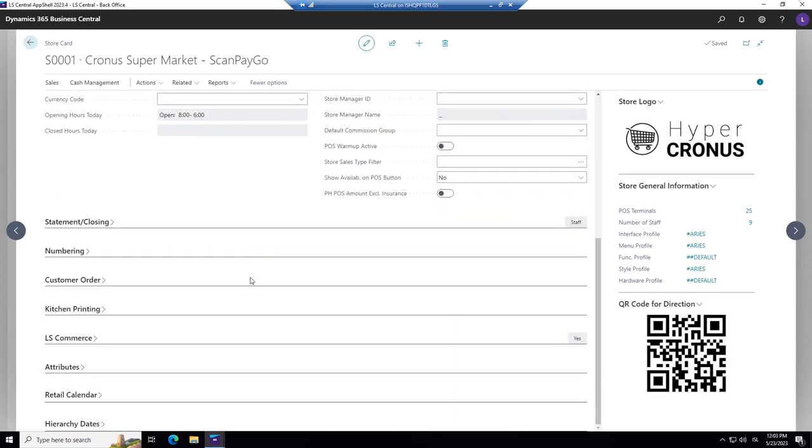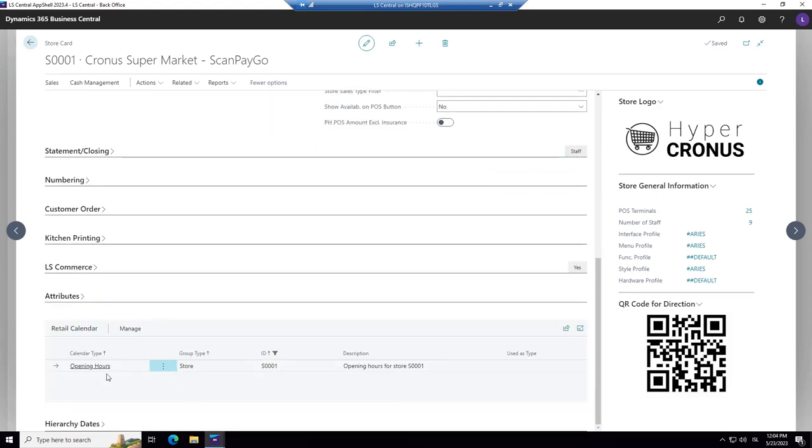What we'd like to know more about is the retail calendar. With the retail calendar, you're setting the opening hours. So behind this one is a setup with the opening hours. And again, why do we need to register opening hours in the store? Yes, you know it. Again, e-commerce. It's nice if you're looking at an e-commerce site for a specific retailer to know that the store opens at 9 o'clock and closes at 6 o'clock at night. Maybe it's closed on Sundays. Maybe it has different opening hours on Saturdays, and so on. So that was one reason.